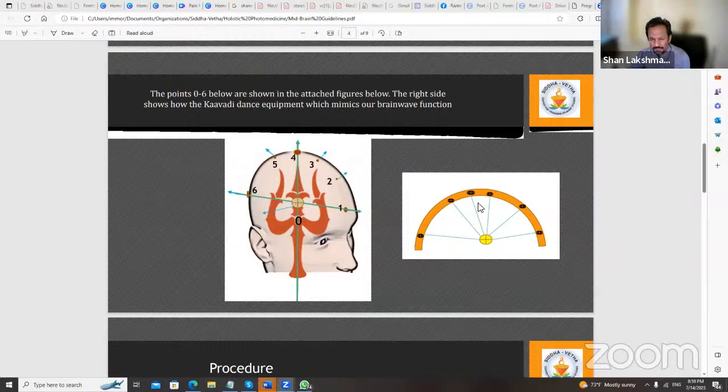If you generate the photons, we can do a certain process between the midbrain and these points, and then we can generate a resonance of waves. If you create different waves, positive and negative, and trigger this entire set of points, you'll span the entire semicircle, and then you can have a span across 3-dimensional space. So we can activate half the hemisphere of brain waves, and it will do miraculous things.